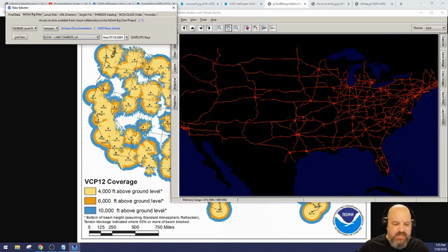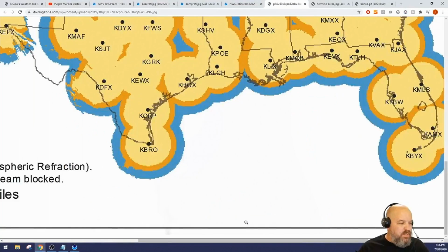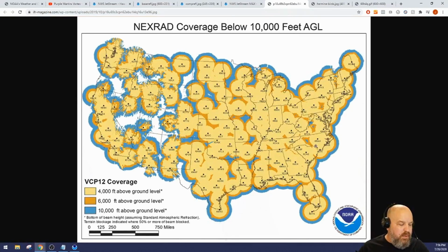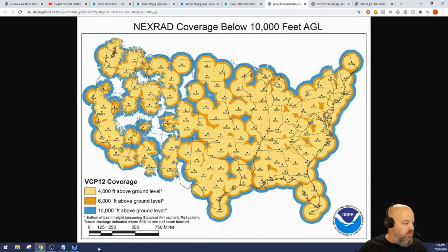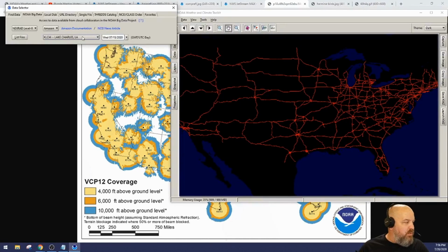So let's just dive right into it. I want to look at a roost in South Carolina. So, here we go, South Carolina, and we're going to use this radar station right here. KCAE is the name of their radar station. So here we would pull this down, and they are in alphabetical order. So you would scroll to KCAE,